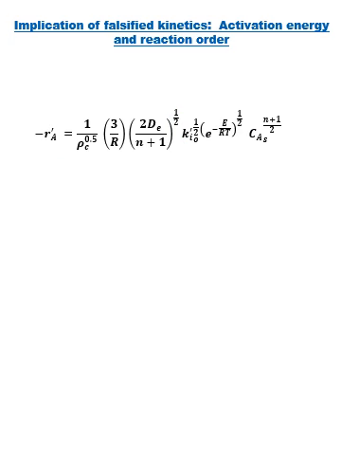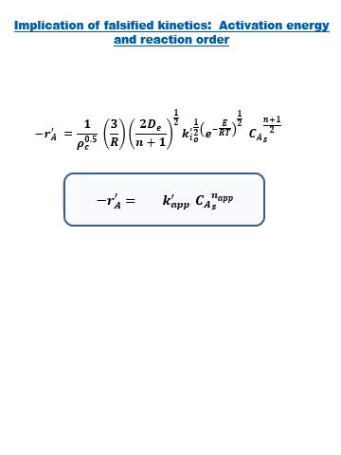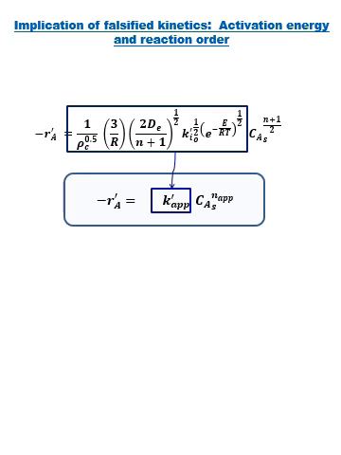If we inspect that rate equation, we can see that it can also be given as a rate that has a rate constant as well as an apparent rate order in it. So this is what you will measure if you do experiments and you are in the regime where internal diffusion